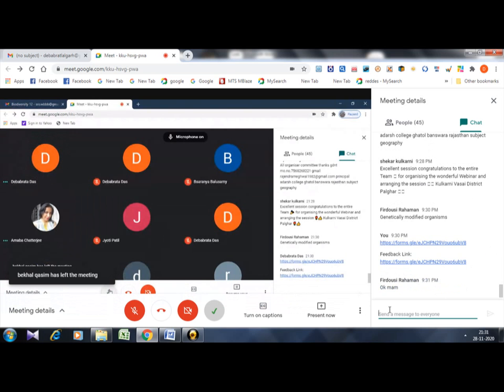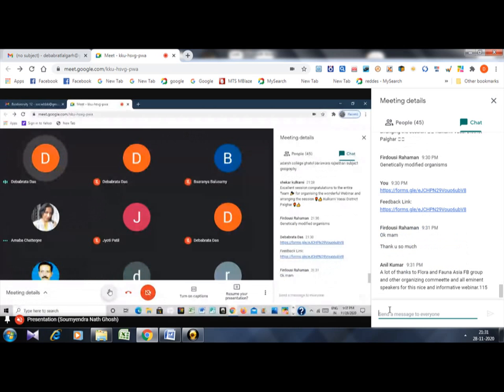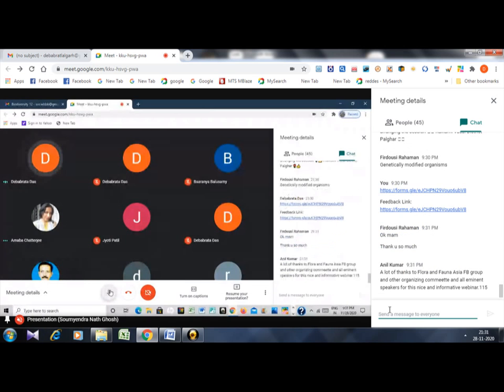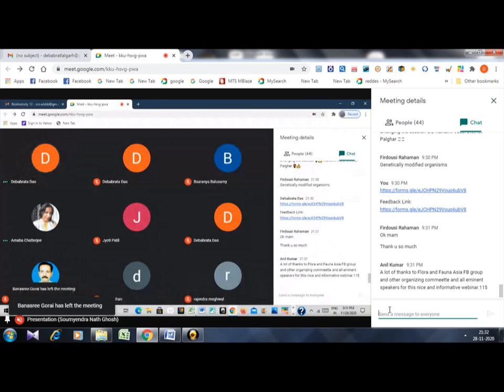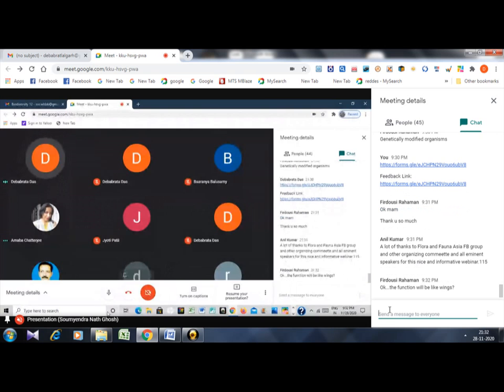Actually, that is not a tail. That is the extension of the wing, right? It is called the tail because she is calling it the tail. That's why I'm calling it the tail. Nothing is there regarding the benefit of the tail. Butterfly is an insect, so in insects there is no tail. Yes, right, sir. I think she got her answer from you.